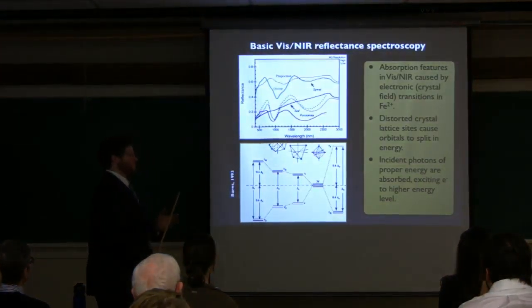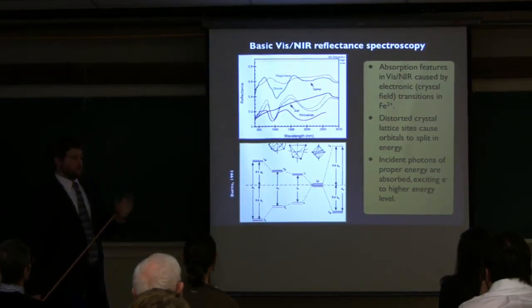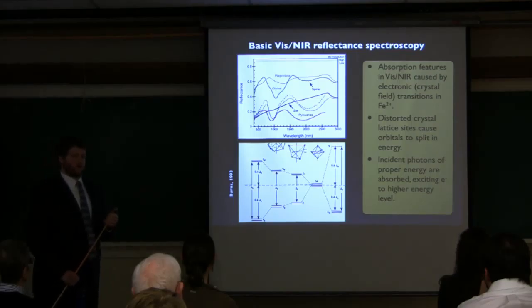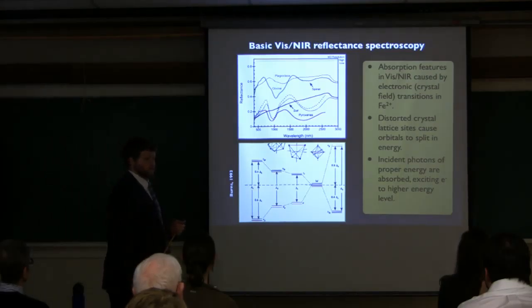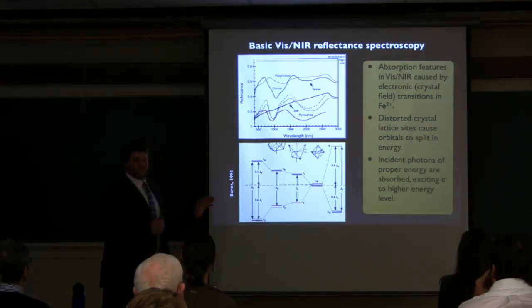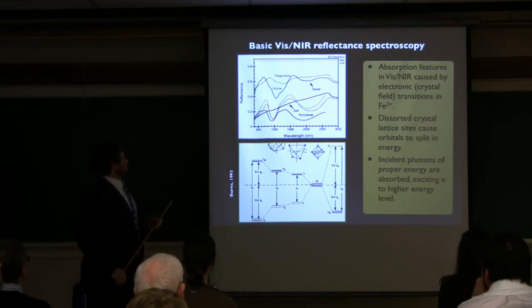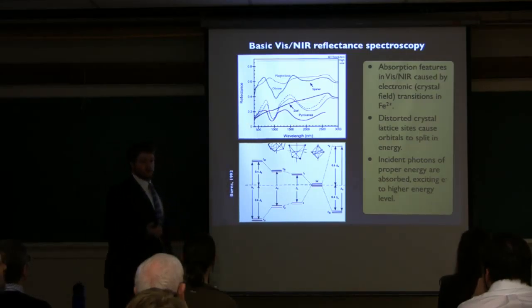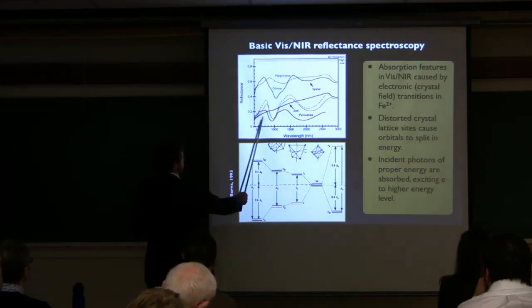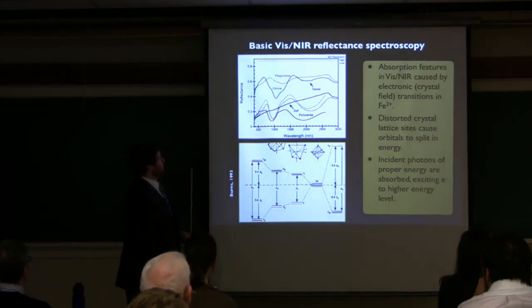Okay, so before we dive into the actual content of all these projects that I've been working on, I need to give just a very quick overview of the technique that's central to most of what my work has been involved with. On the top, I'm showing you some reflectance spectra. So this is the first set of spectra that I'll be showing you. These are several very common lunar minerals: pyroxenes, olivines, and anorthite or plagioclase feldspar. And you can see that we have these absorption features in the visible to near infrared,